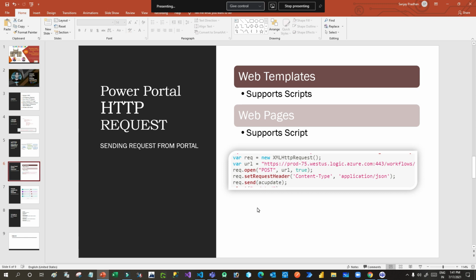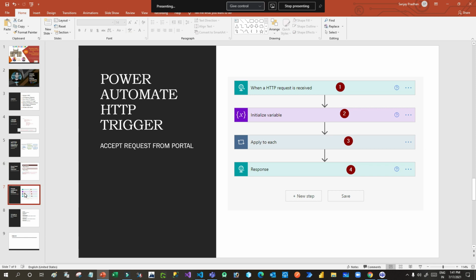But if you call Power Automate from an external website which is not deployed in your environment, that requires some token IDs and application IDs that require Azure registration. Okay, that is not our current session's scope. Now the next is how to build the Power Automate flow. First we have to create a trigger, and the trigger is called When a HTTP request is received.